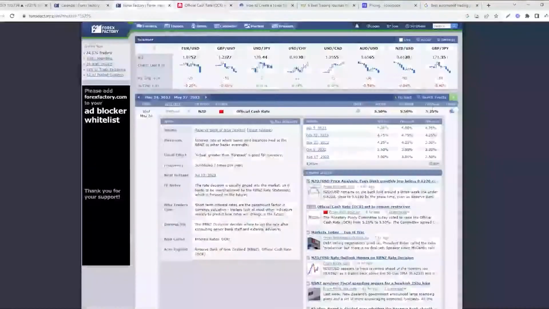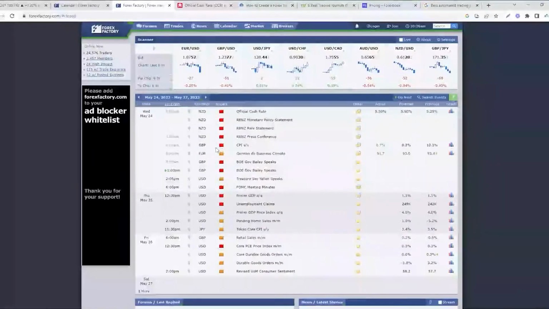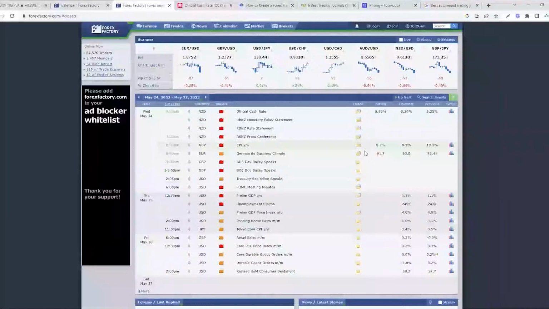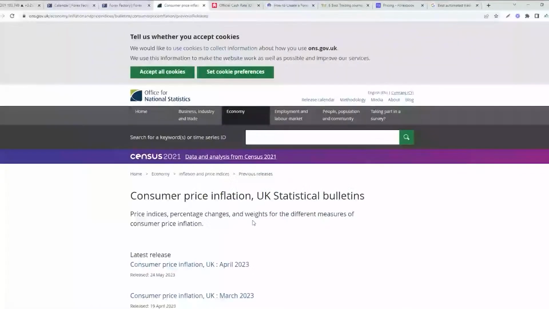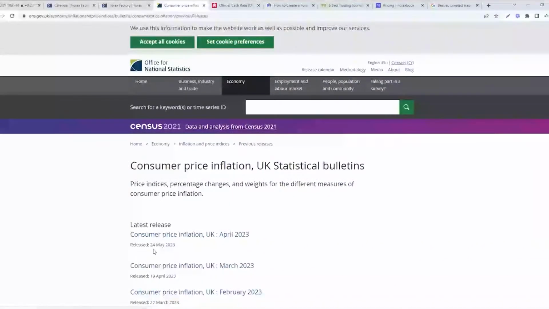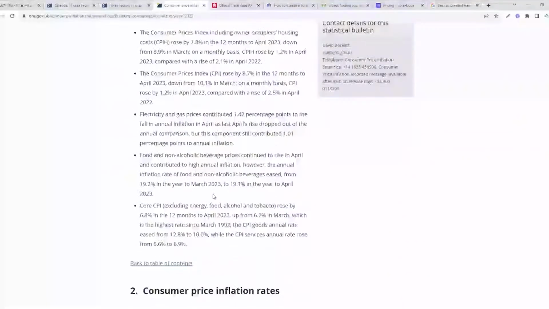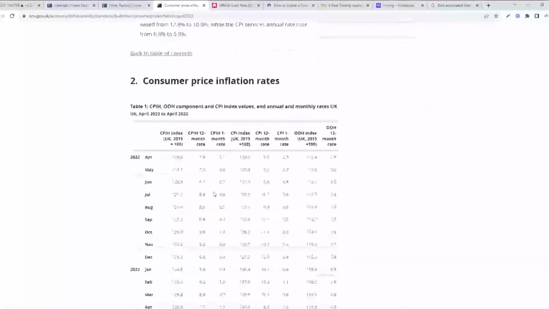Similarly, for other data points, like we had UK inflation earlier today at 6 a.m. GMT, where CPI on an annualized basis has continued to fall, but I believe core CPI is rising. If we go to latest release, here we have it, release 24th of May. This takes you to the Office for National Statistics, the UK government agency,